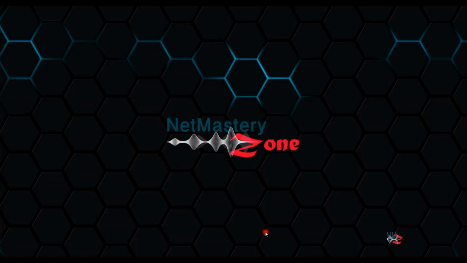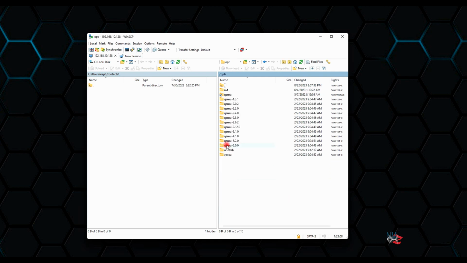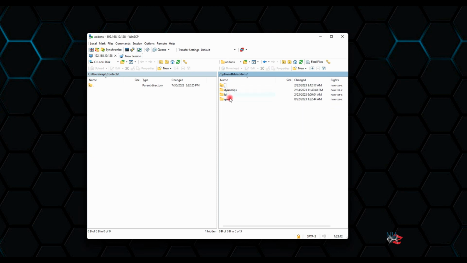For that, let me start from WinSCP and upload an ISO image. As I said before, the image should be in the opt, unetlab, addons, qemu folder. In the qemu folder you can see that I have these images already here, but now I just want to have a